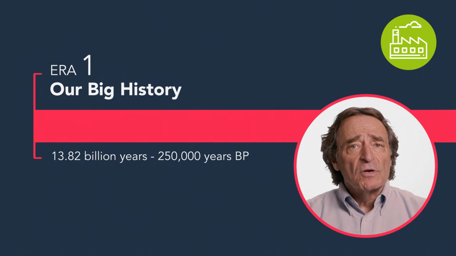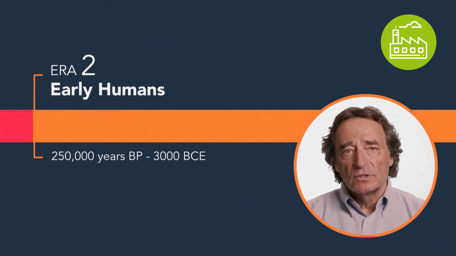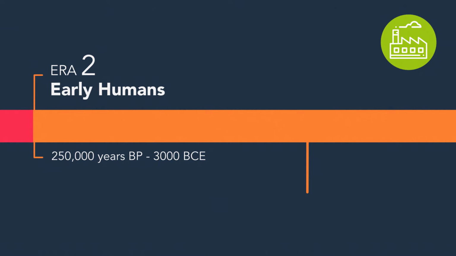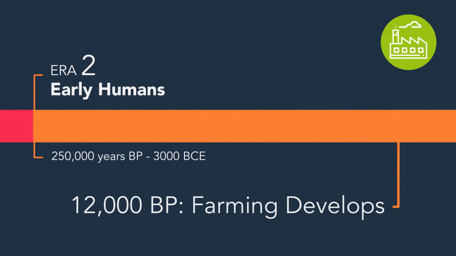We really begin the story of human production and distribution in Era 2, hundreds of thousands of years ago. Our hunter-gatherer ancestors used what they found in their environment to make everything they needed, including food, simple clothing, and items for recreation. Then, they shared these with others in small family groups. Within this era, about 12,000 years ago, the first farming societies developed. Farming was a new system of production and drove humans to modify ways of distributing goods and services.